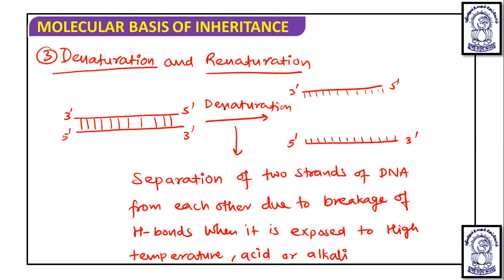Then it is known as denaturation or melting. Now when these two separated strands again join,